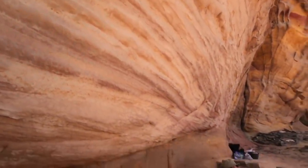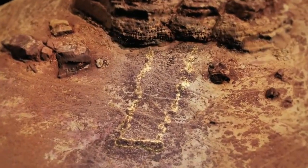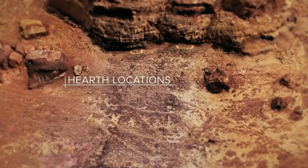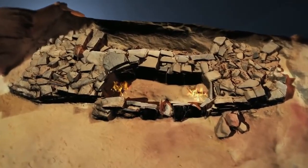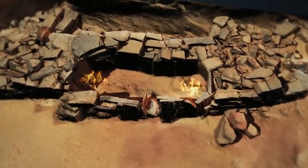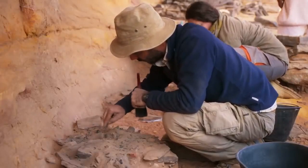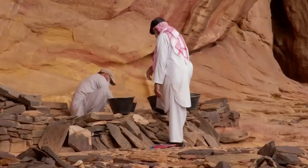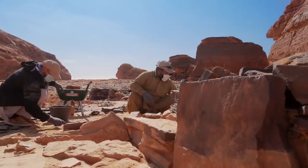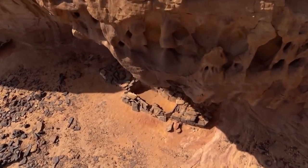It's also a tantalizing clue about the function of the mustatil. Wael uncovers two fire hearths in what appears to be an enclosed chamber. Is it some kind of altar? And we are now working on clearing the inside of this chamber to try to understand what was the function of it. So we're wondering,